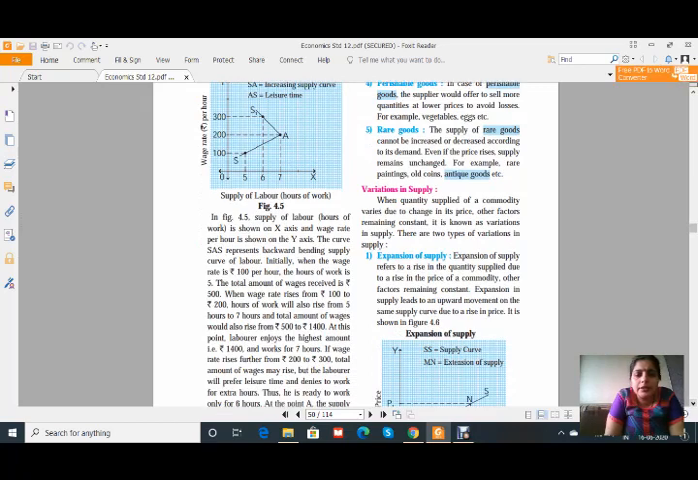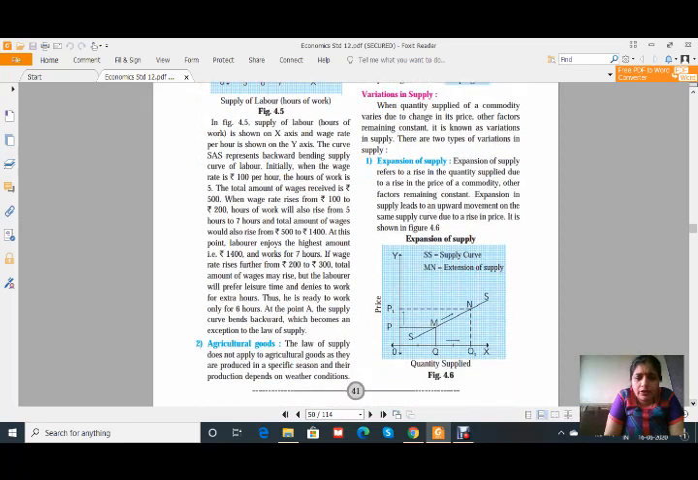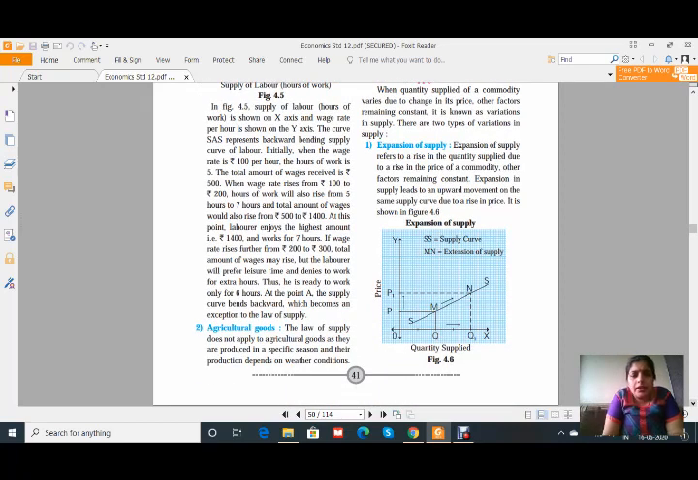The curve SAS represents the backward bending supply curve of labor. It is explained in the same way as I just explained to you. So what he is saying is that we have to consider the laborer. The laborer is ready to work only for 6 hours. At the point A, the supply curve bends backward, which becomes an exception to the law of supply. Okay,